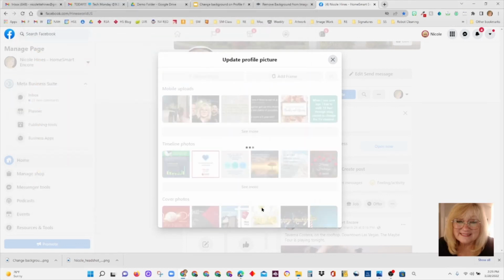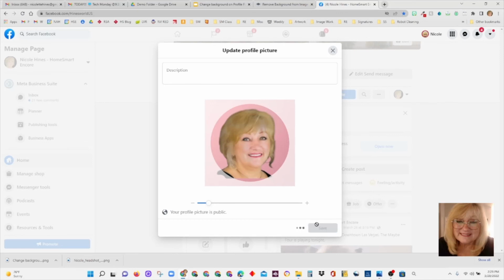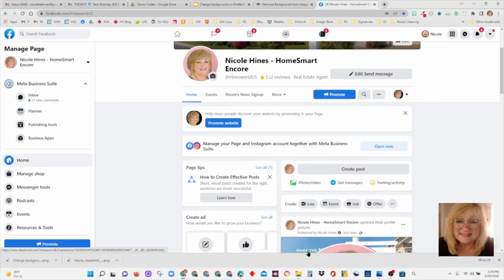Open. I can go like that a little bit to get rid of the uneven edge. Save. Taking a minute to save. There we go. So now I have a pink image there